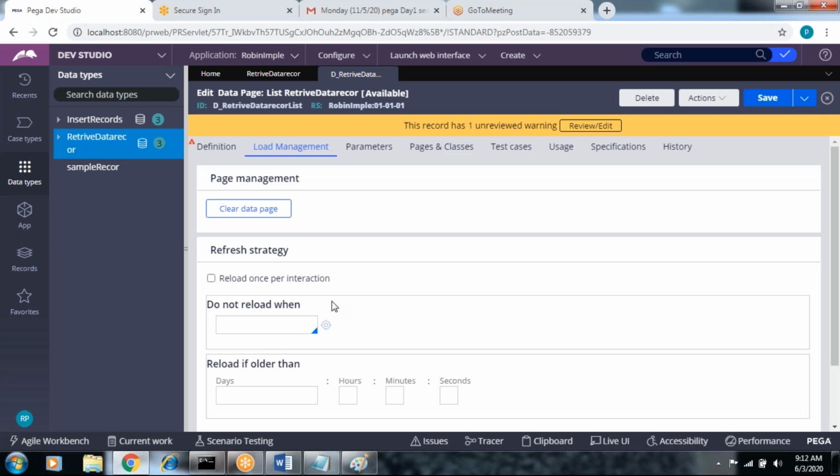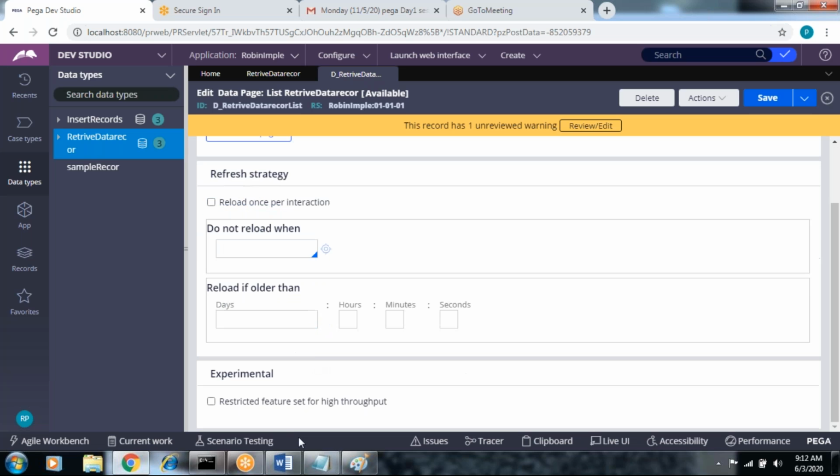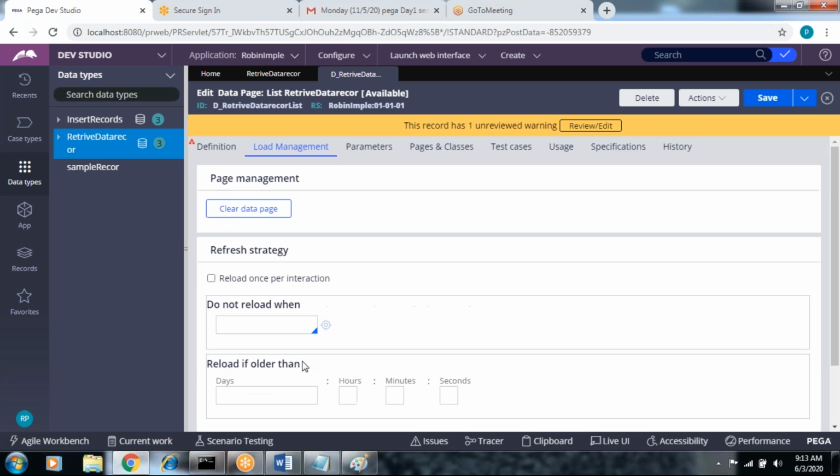Once the when condition is reached, if you want to refresh, apply the database refresh. These are all the purposes and ways to apply the refresh strategy. The refresh strategy's main purpose is just updating the data.